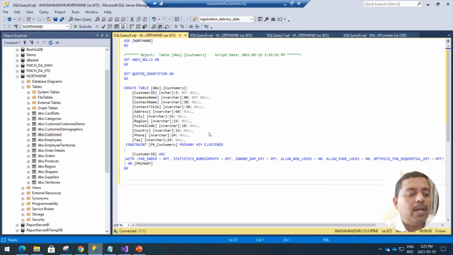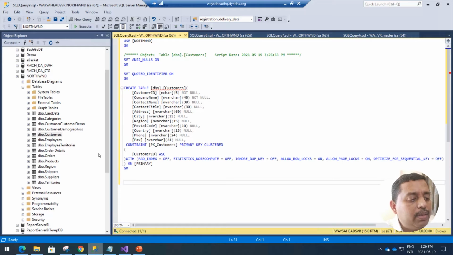It takes some time and it will show what fields are mentioned inside this customers table. Most of them are nvarchar, or nchar. All these things we will be discussing in the SQL Server modules, not here.